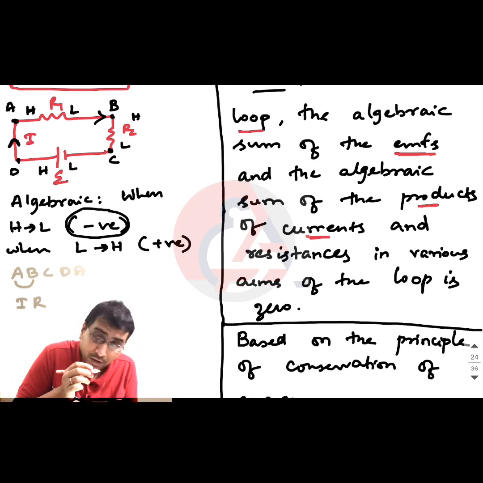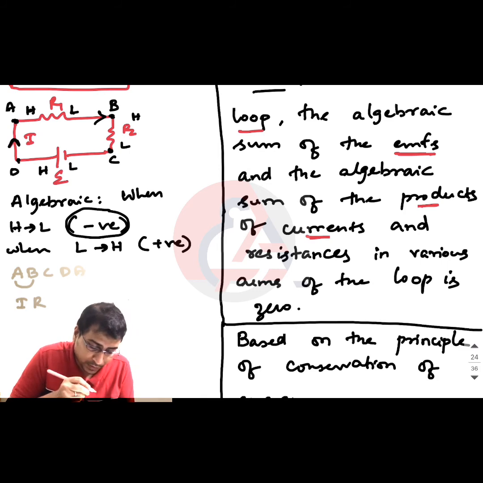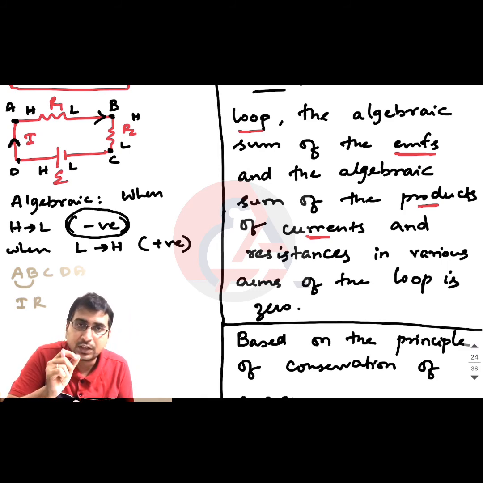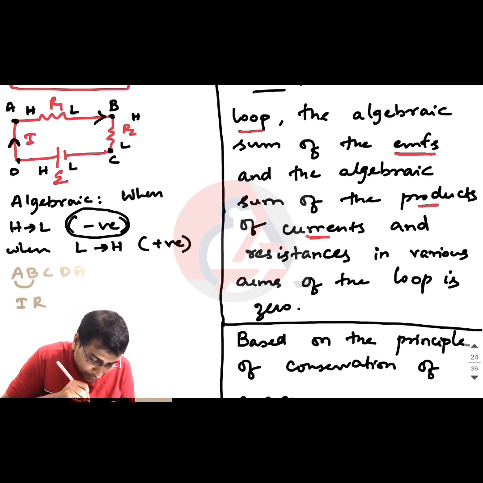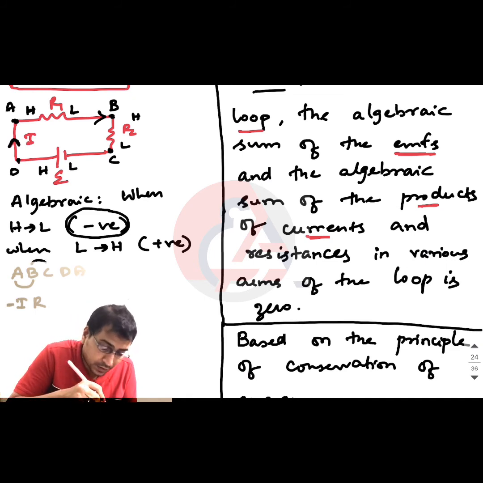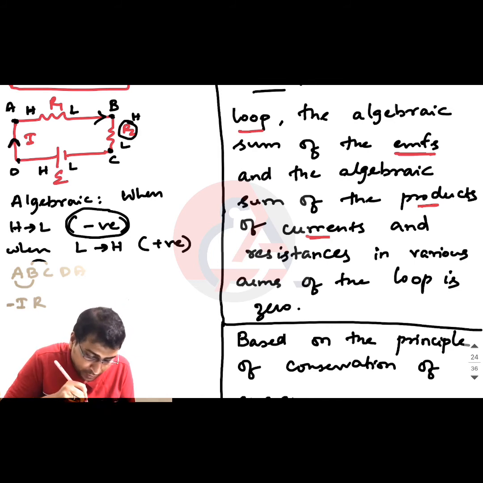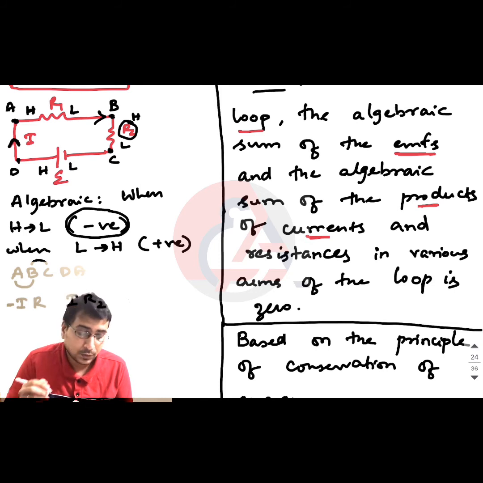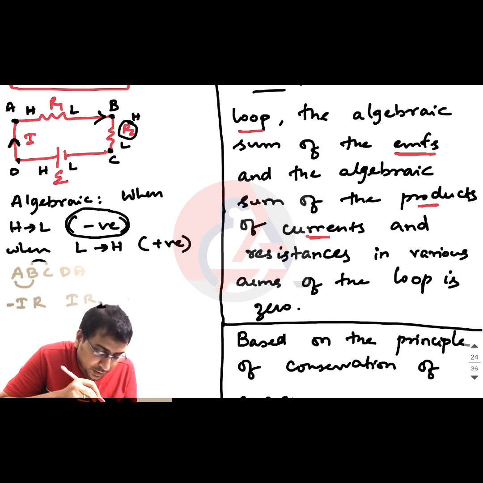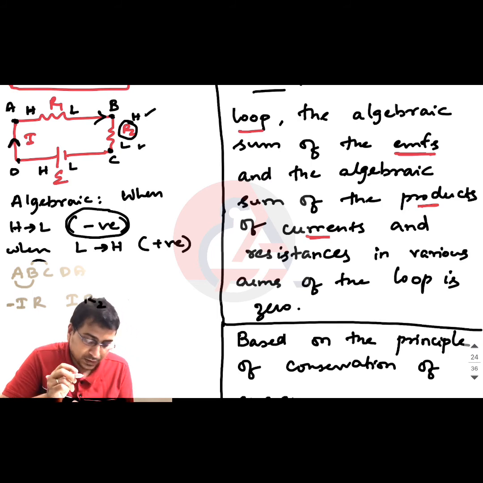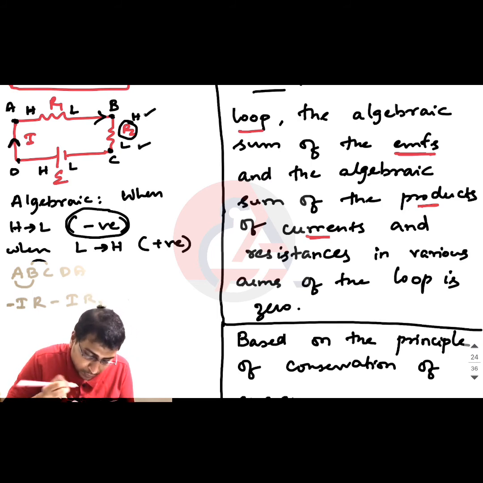You have to check what device is there. Between A and B, there is only one resistor. Wherever you see a resistor, apply the I into R formula. So it is going to be minus. Similarly, when you go from B to C, there is only one resistor, and the current flowing through it is I. So I into R2. Now we need to decide what sign is to be given. Across R2 also, B is at higher potential, C is at lower potential. Since you are moving from higher to lower, again you lose energy.